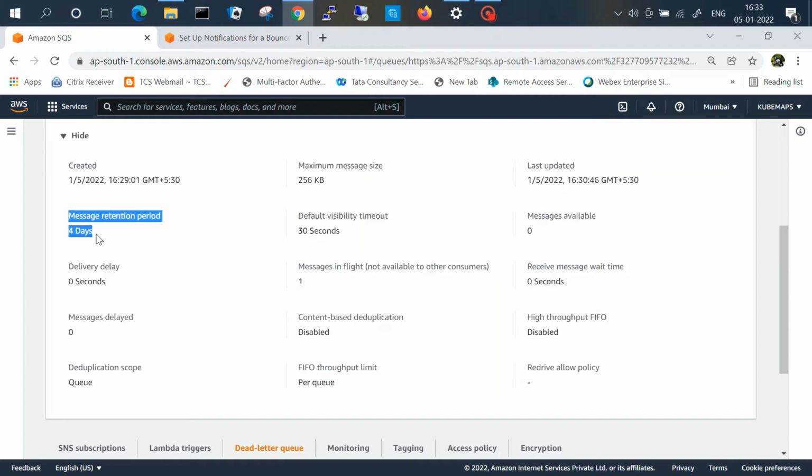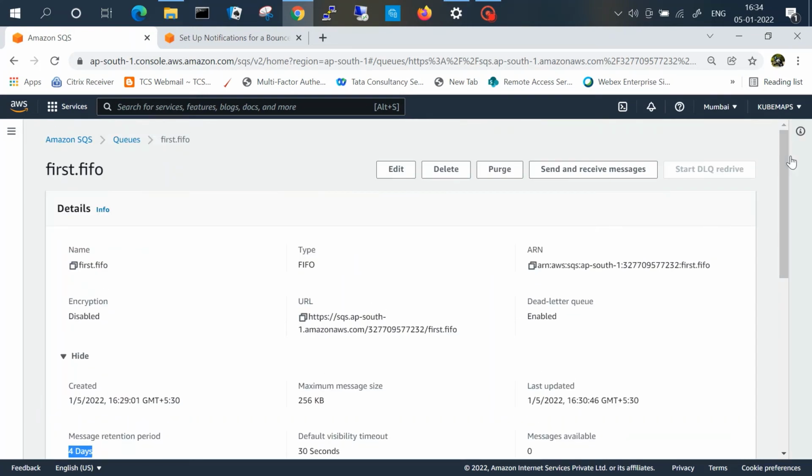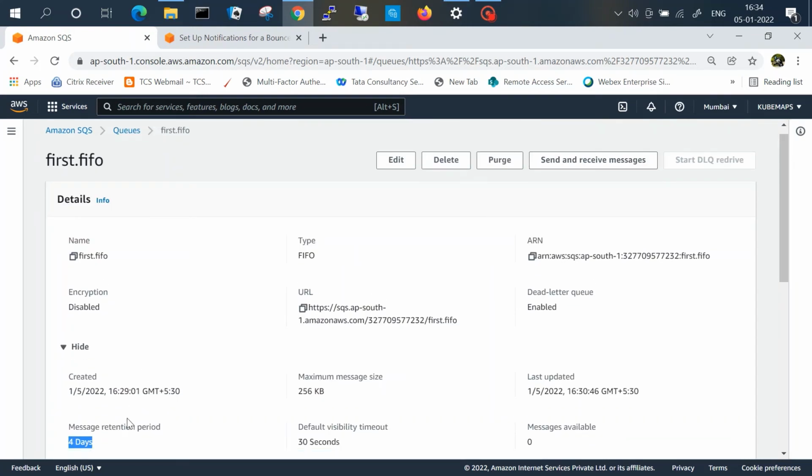So it doesn't mean that it will keep for another 4 days in the dead letter queue. No, it will see the first received time of the message, and if it is 2 days older or 3 days older, it will count from day one the number of days which it should hold in the dead letter queue or in any of the queues. So this is very important, guys.